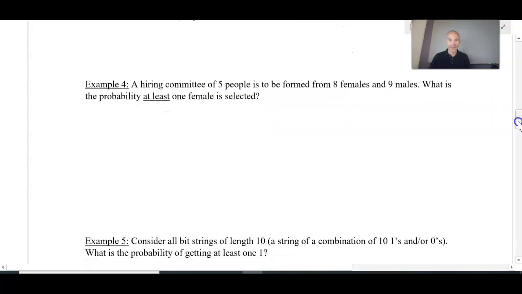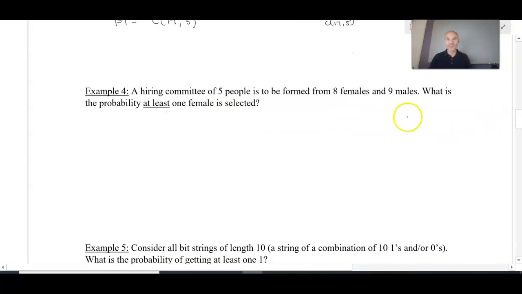Okay, a hiring committee of 5 people is to be formed from 8 females and 9 males. What is the probability at least 1 female is selected? Now, at least 1 means I could have 1 female and 4 males. That's at least 1. That's exactly 1. I could have 2 females and 3 males, 3 females and 4 males, or 4 females and